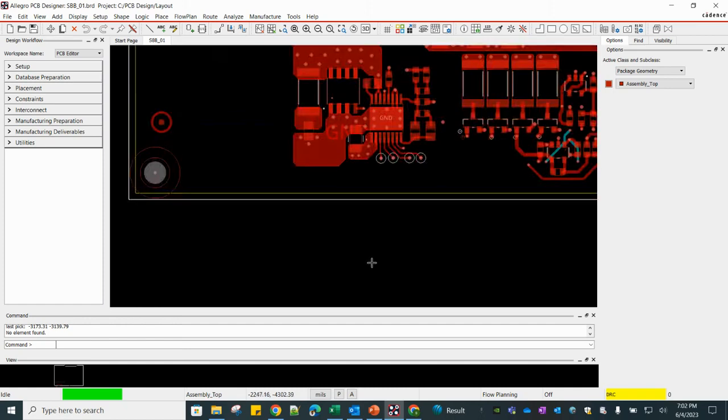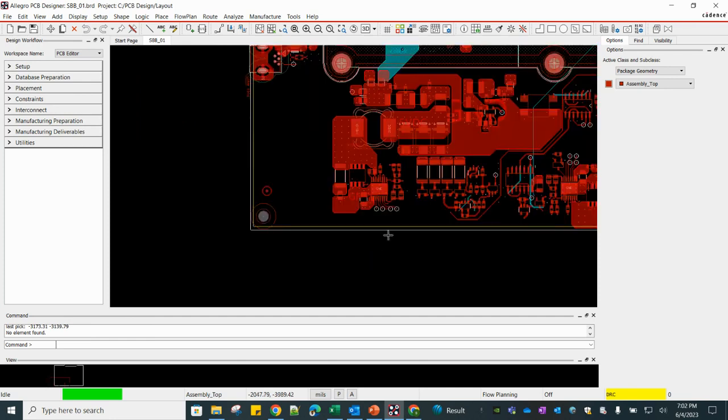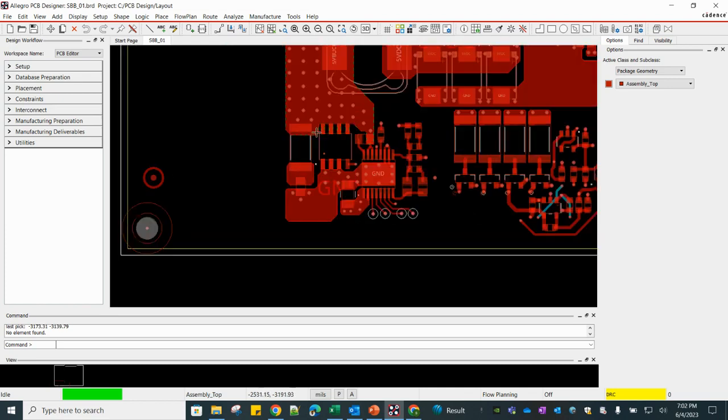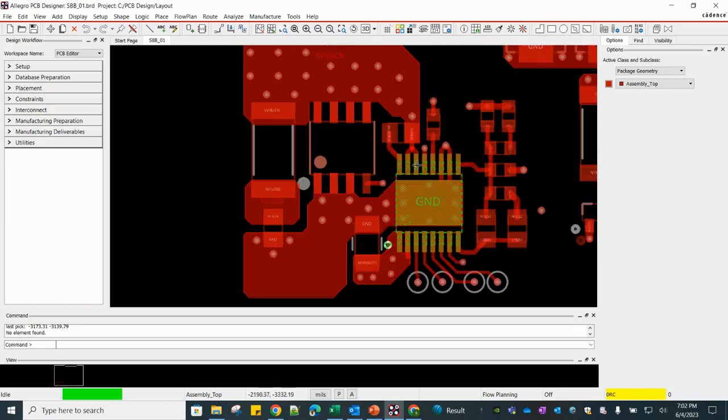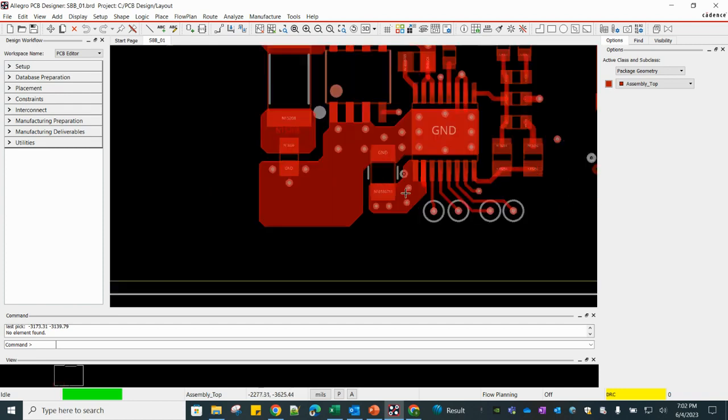Hi, in this video we are going to learn how we can export and import any subdrawing. A subdrawing is a small section of any layout, and if I want to utilize this small section of layout in any other layout, how can I do it? I want to export as a subdrawing not only the component but also the layout, the copper patch and the